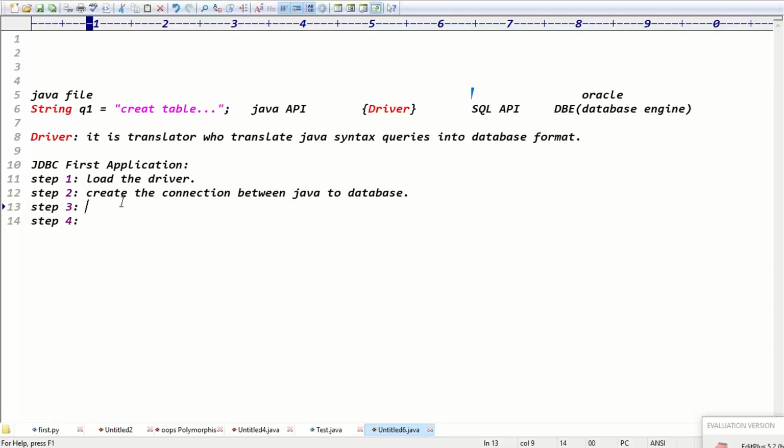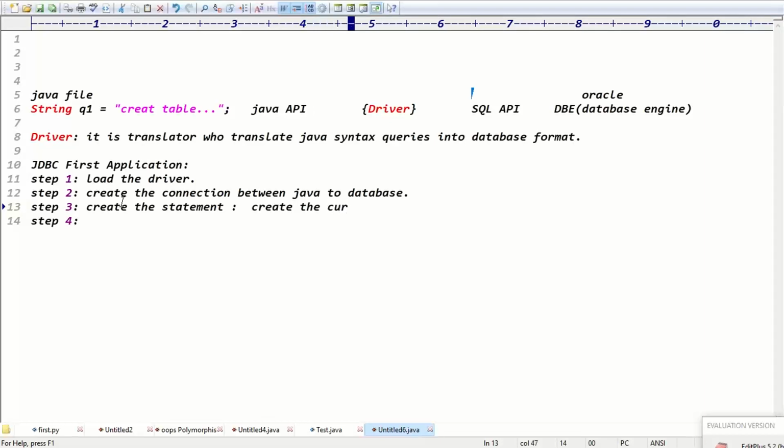Once the connection is ready, guys, then we can work with the application, right? Once the connection is ready, the next one is create the cursor, guys. Create the statement object. Why create the statement object? Which is used to process the query. Some guys are saying create the cursor.